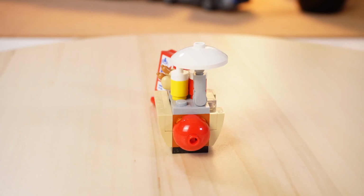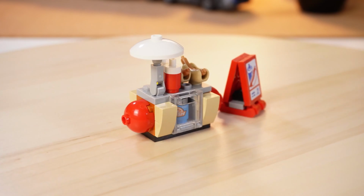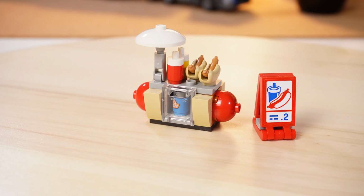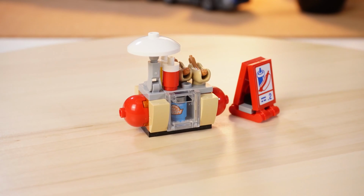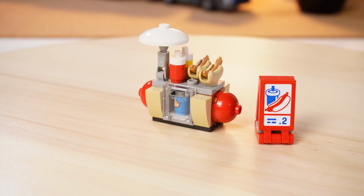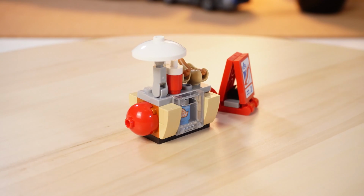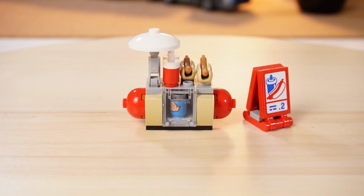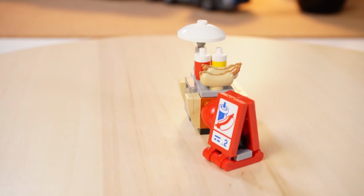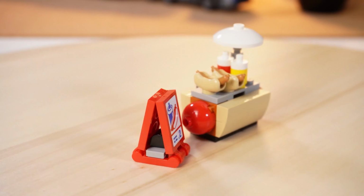I'm starting with this one because I'm really not sure about the context of a hot dog stand given the packaging, and you see that the truck is basically delivering stock to a logistical center, just a warehouse, and when you look at the minifigures that are supposed to work at that place, that we will look into later,